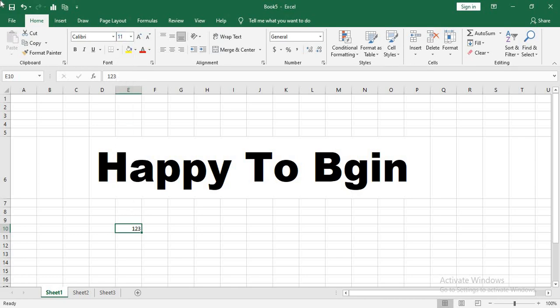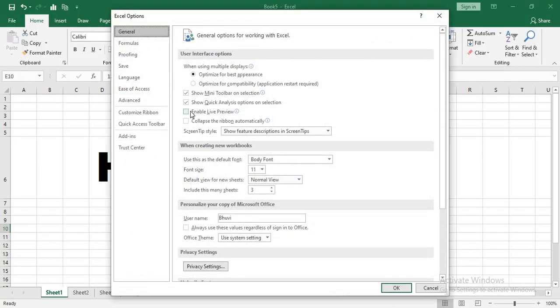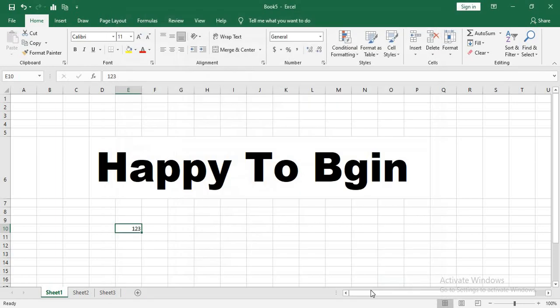So in order to again get back the live preview option, it is the same thing. Go with File, Options, just enable live preview, and then give OK. So now if you select, you can see that